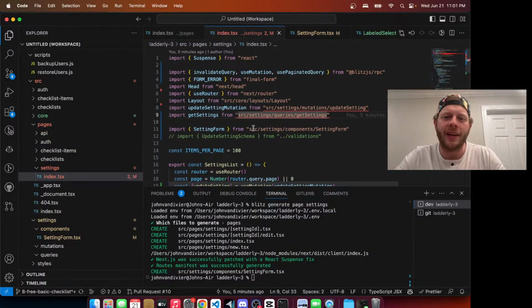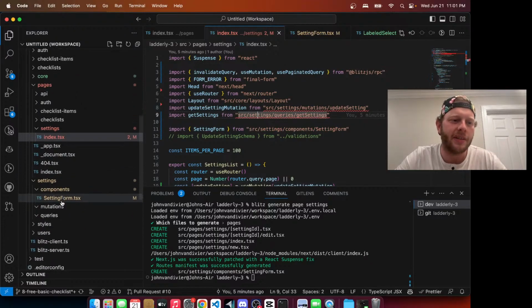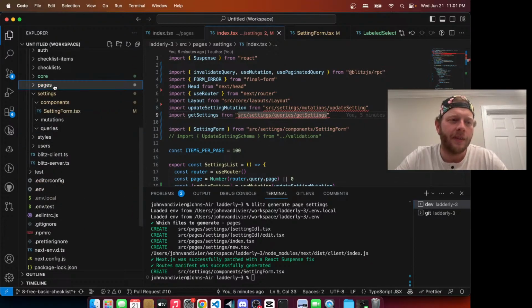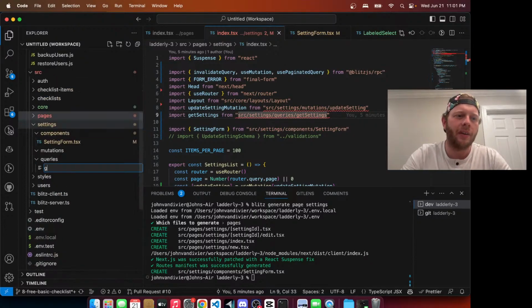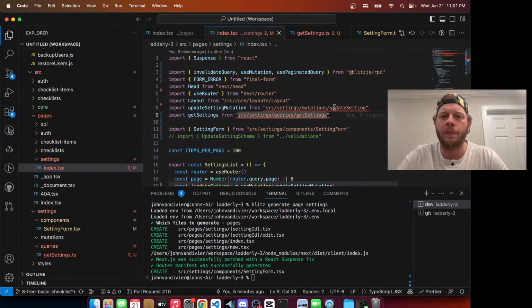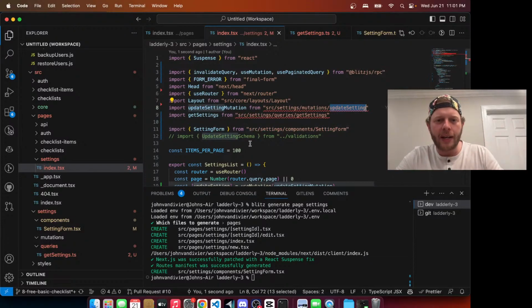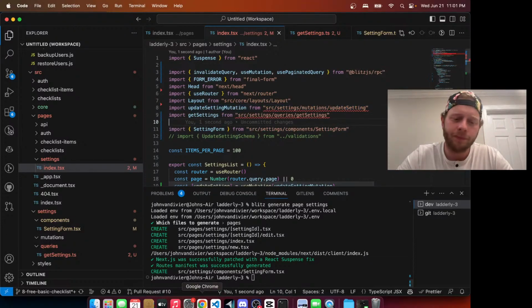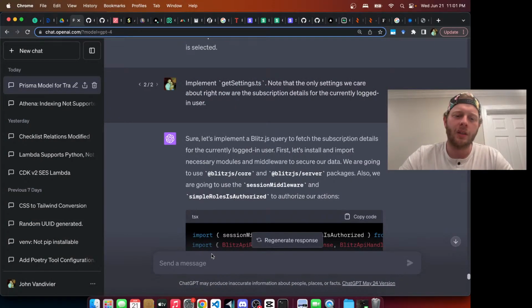Oh, you did hear it? Oh, okay, cool. Get settings. So the queries, settings, and then we have a new file, getSettings.ts. I'm going to just drop this here, save it, and then I will have GPT generating the other file while I clean up that code. Now implement